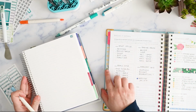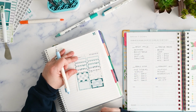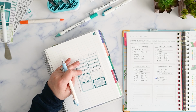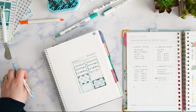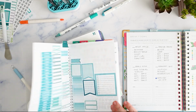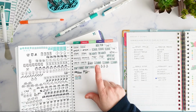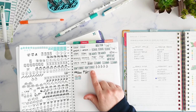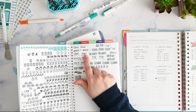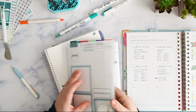So I want to reset the office and I need to learn how to braid my hair. So we're going to make some headers here, and I should probably also do, let's find some scripts, and these ones say important, don't forget. I wish there was one that said goals, like an R scripts that said goals, but there's not. There's this one, the kit font scripts that say goal check-in. I could use that,